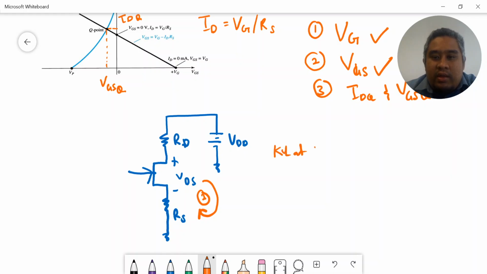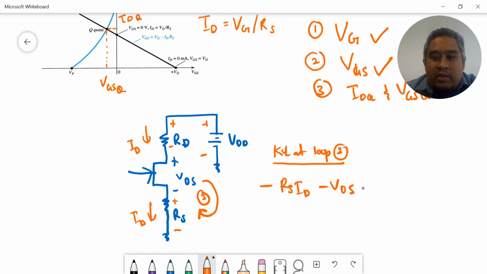KVL at loop 2. So we have ID, and this one also ID. Positive, negative, don't forget the polarity. RS ID minus VDS minus ID RD plus VDD equal to 0. So our VDS